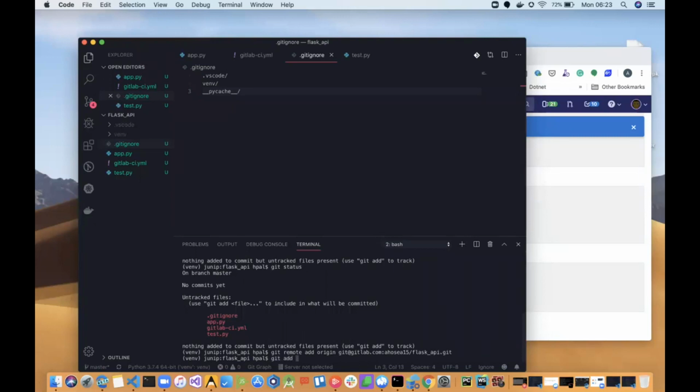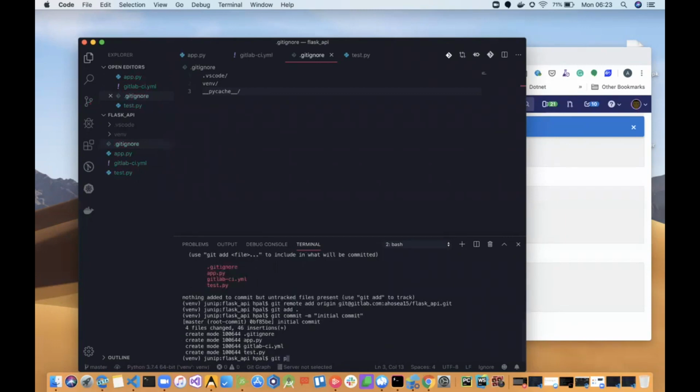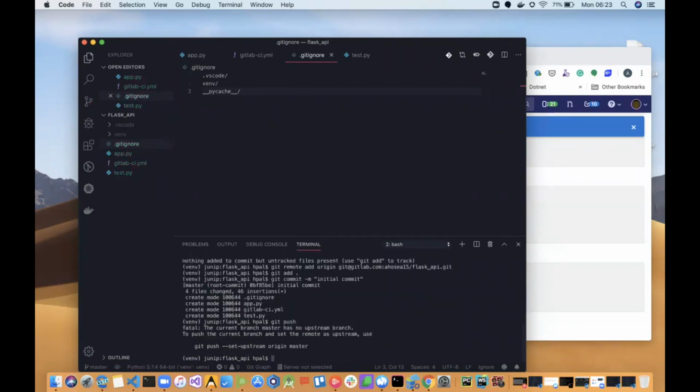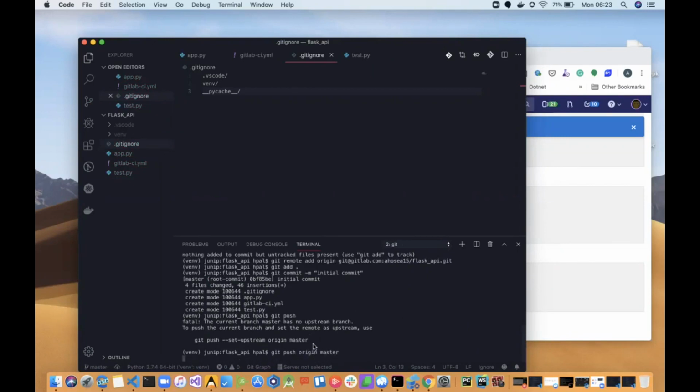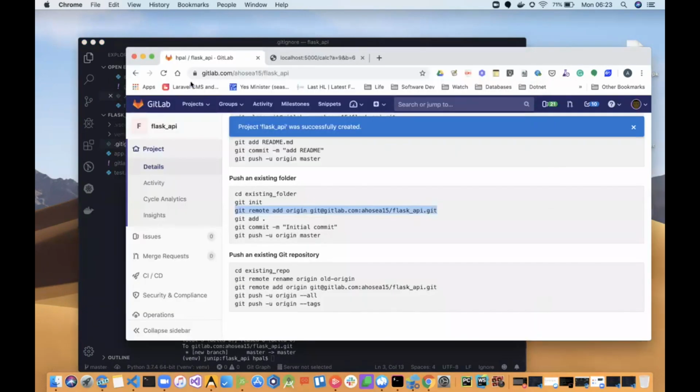So now let's first add every file that's untracked, create an initial commit, and push origin master. So if we refresh here,